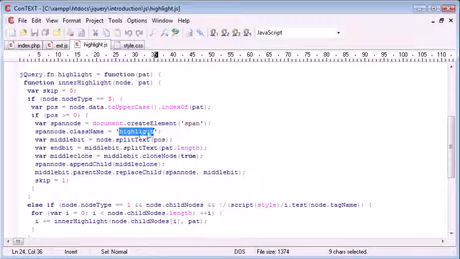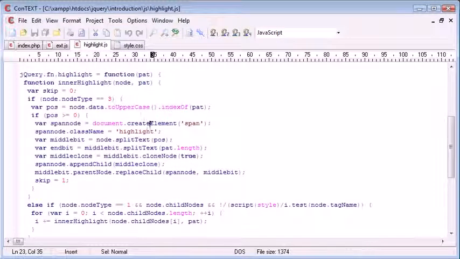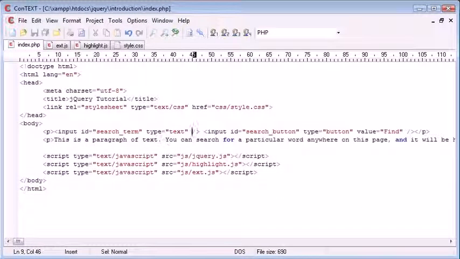So highlight is the class that we need to go ahead and create. So inside here I'm going to create a highlight class, and I'm basically just going to set the background color to yellow. So now what's going to happen is if we were to apply this to any element on our page, for example search, it would be the same if we were to actually perform the search as creating a span around